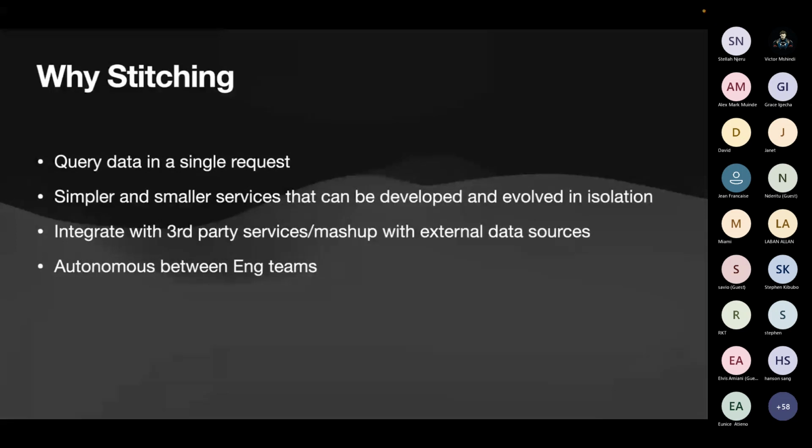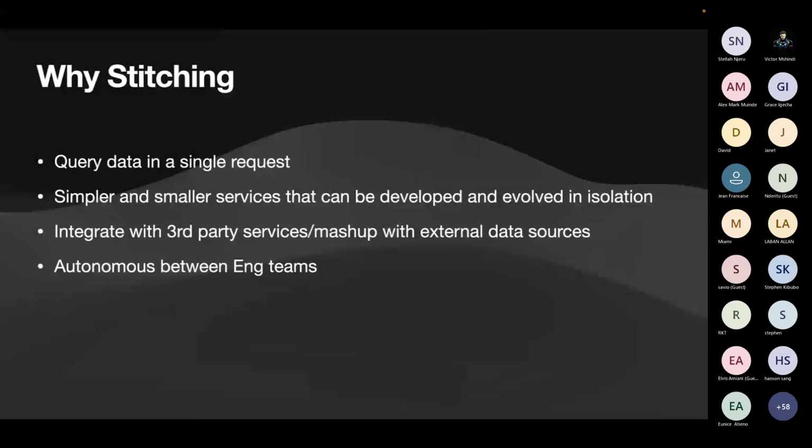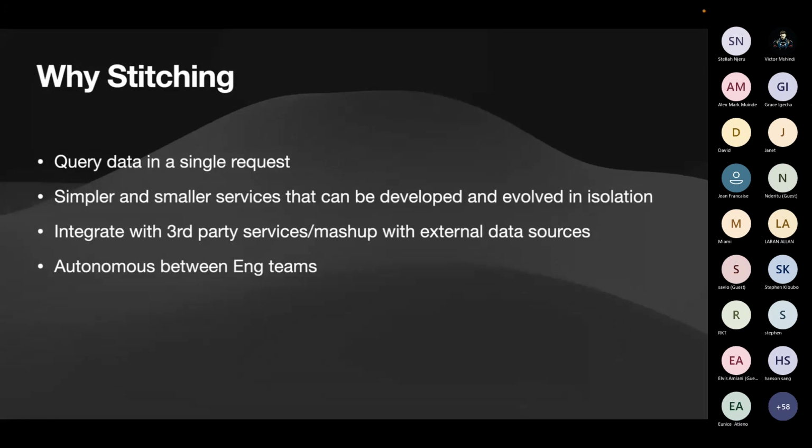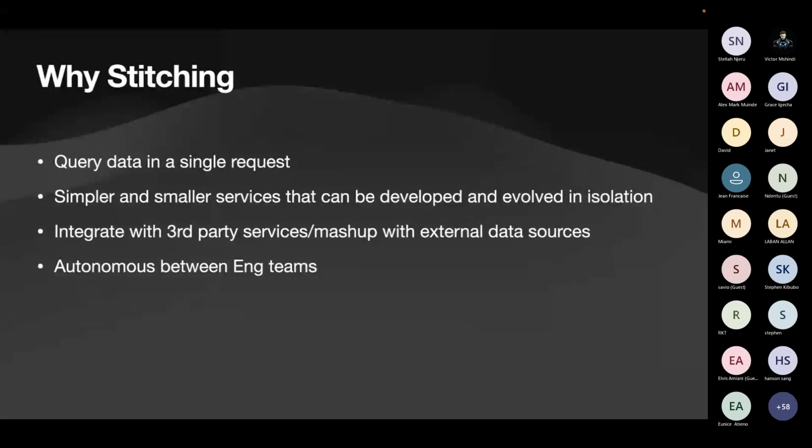Another thing is that you can integrate a third party service that you didn't necessarily build. It could be something from a partner, or an open source tool. It doesn't matter really. You can also add it there and have it accessible. And then again, you have your teams working in isolation with autonomous engineers. The respective teams know their domains and know what they need to expose, so they can work in isolation.